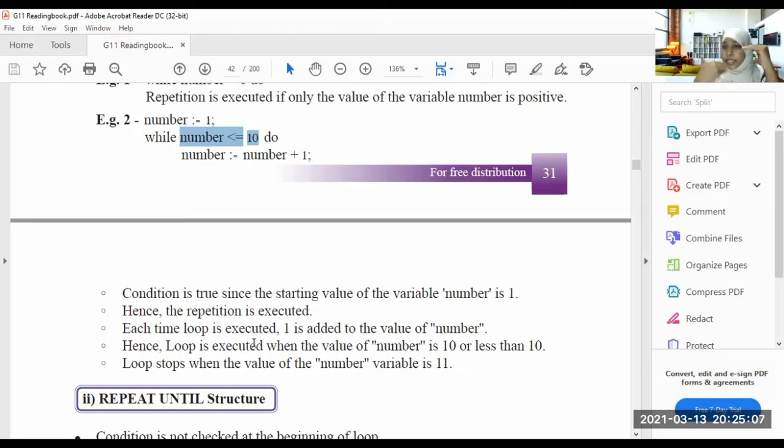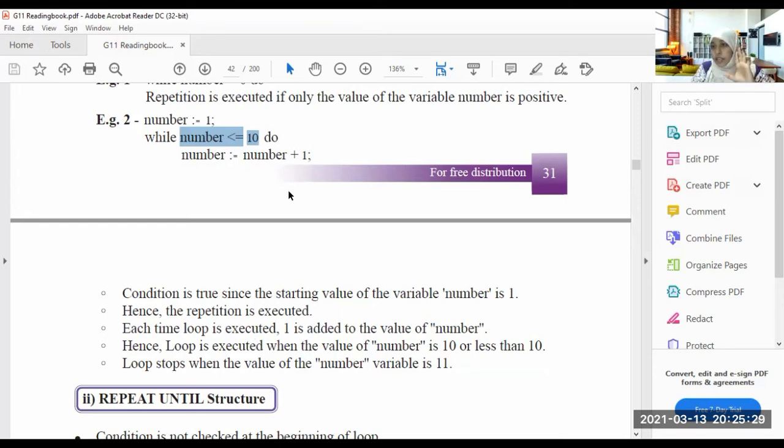Each time the loop is executed, 1 is added to the value of number. What is a loop? The repetition is the loop. So now the first loop is happening.